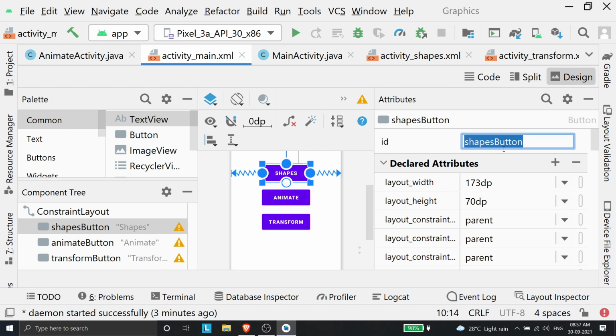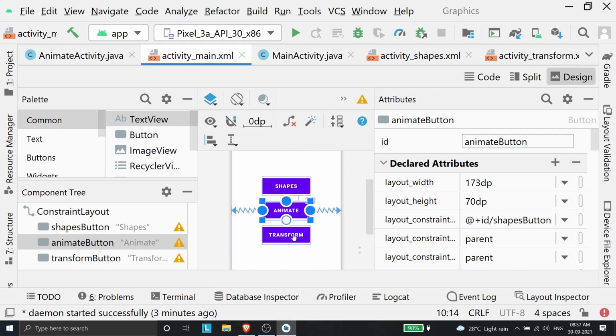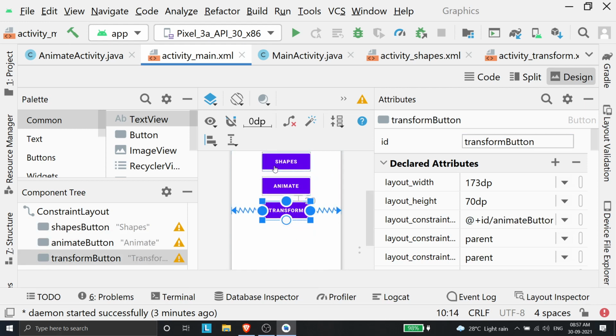So what I like to do is change the ID of my components. My shapes button will be named shapesButton, animate will be animateButton, and transform will be transformButton. So you can change the ID as you want.